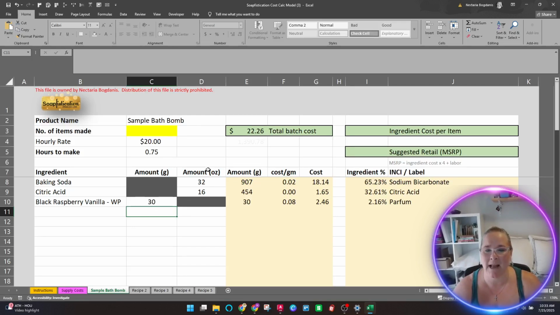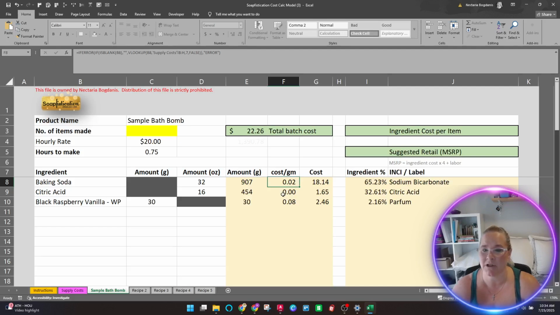So you can see that what's happening here is it is recalculating the grams depending on what you did. By the way, as you notice, these are locked. Can I unlock them? No, you can't. You can see what's in here, but you cannot change these. If it's highlighted, you can't change things. So if it's already in the grams column, it's just going to come over. If it's in the ounces column, it's converting it to grams. And then it gives you the cost per gram.